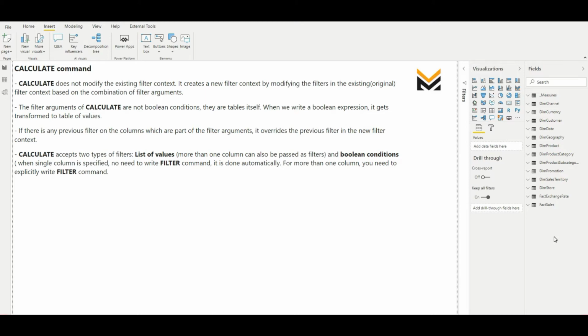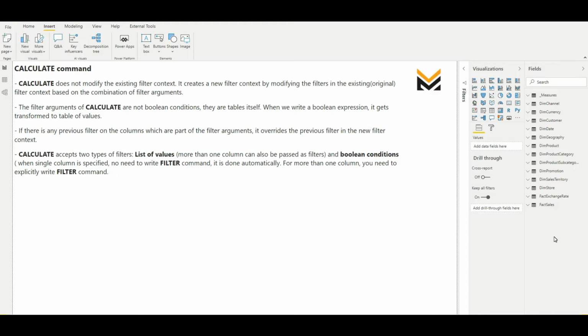Now if there is any previous filter on the columns which are part of the filter argument, so suppose you have placed a filter on the brand, right? Now if in the previous filter context or the existing filter context for which the calculate command has made the copy, in this copy a filter is already placed on the brand name, there can be an existing filter on that brand name, be it a slicer or a page level filter or report level filter or visual level filter.